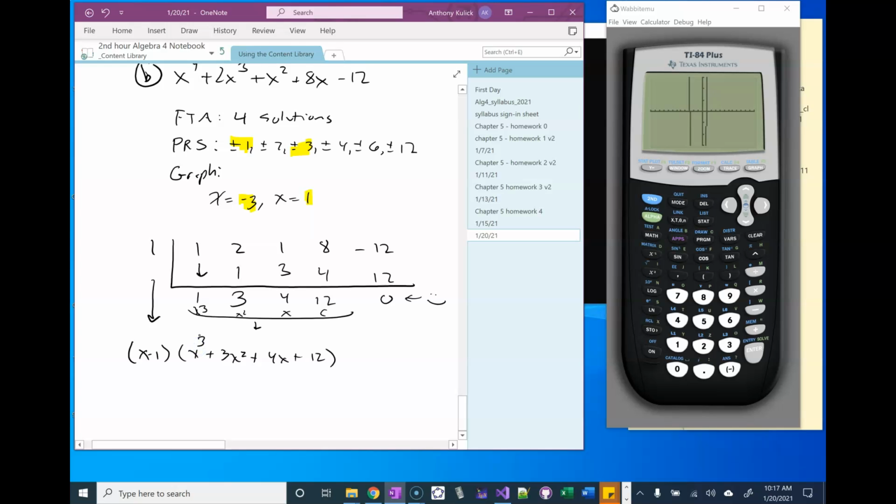Okay. So we have that. Now we could factor this piece here using our factoring tree method. It has 4 terms, and if I take a quick look at it, I can tell it will be able to be factored by grouping. So I could do that, or